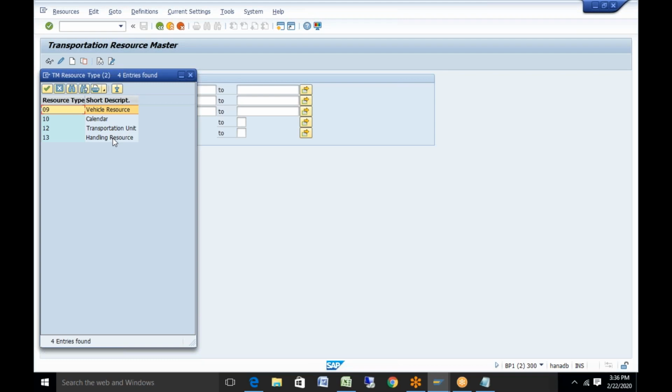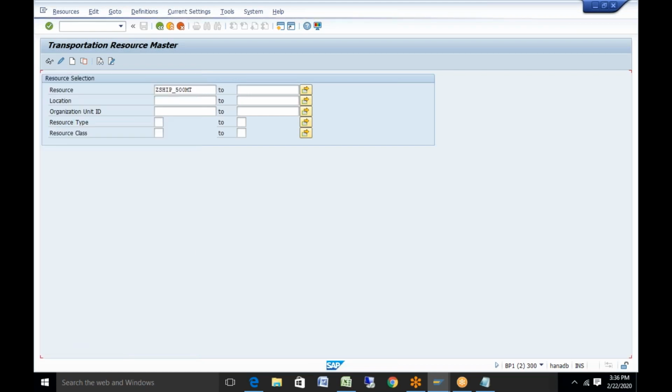And then you have the handling resource. So what does handling resource mean? This resource is a variant of the calendar resource, but there are additional time dependent constraints. For example, time dependent capacity constraints. That means how many open doors can be there at a warehouse. So that is a type of handling resource. But generally we always go for the vehicle resource. Okay, if I go into the display mode,